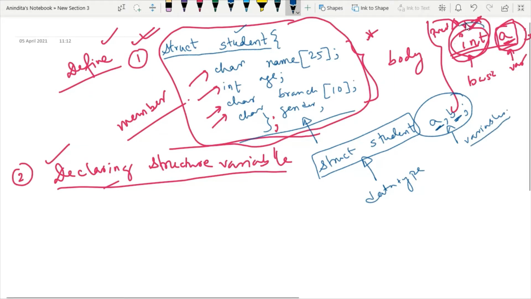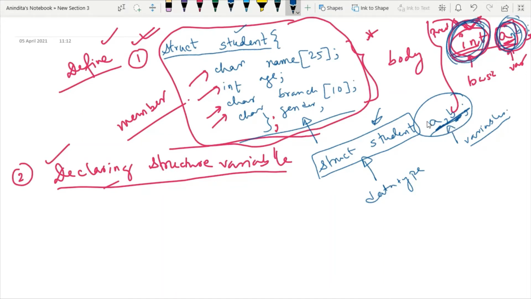So in this case, int is a data type and A is a variable. I can define B also as a type of integer. So A, B are variables here and int is a data type. The only difference is this is your user defined data type and this is your basic data type. So this is how you can define variables of type structure.